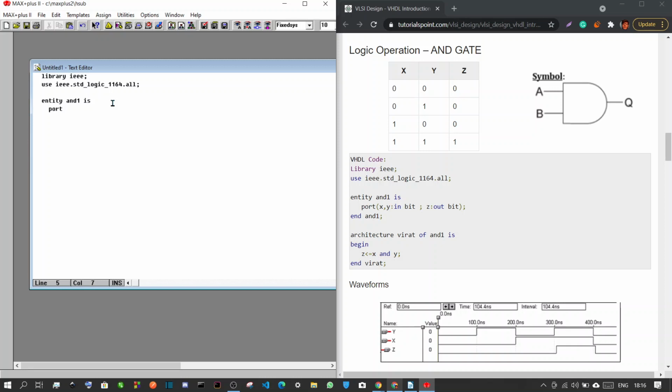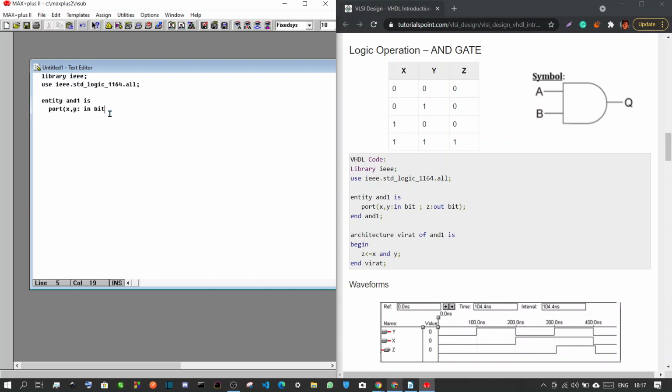So this will declare all the input ports, right, and output ports. Open circular brackets, and we write x comma y colon in bit. So the names of the input bits are x and y, and this in keyword declares that these are input bits. So bit is basically a single value, 0 or 1.